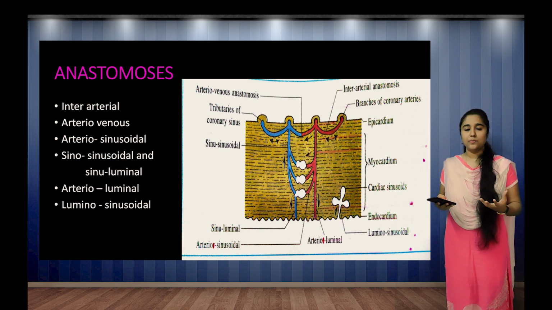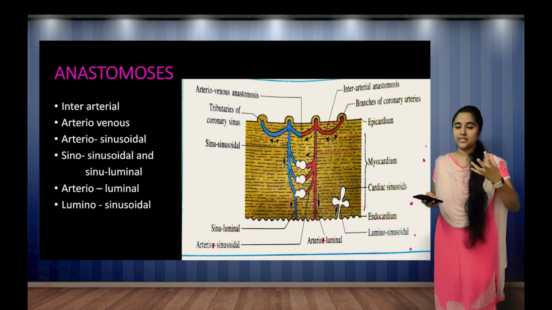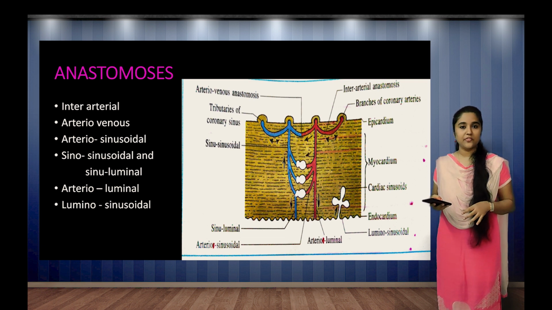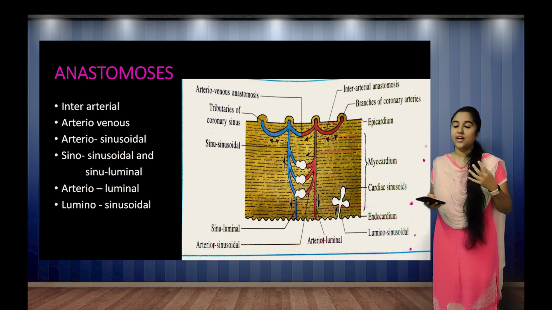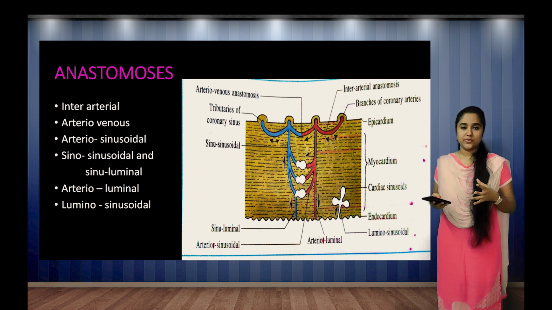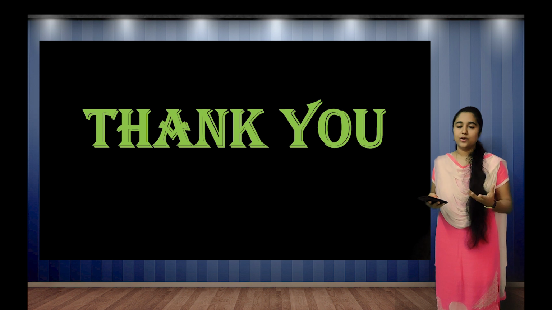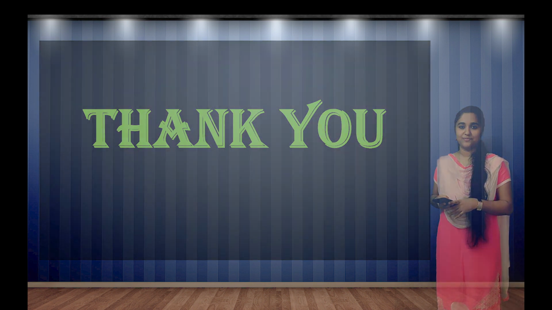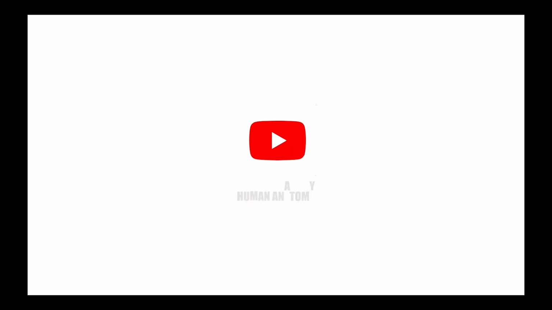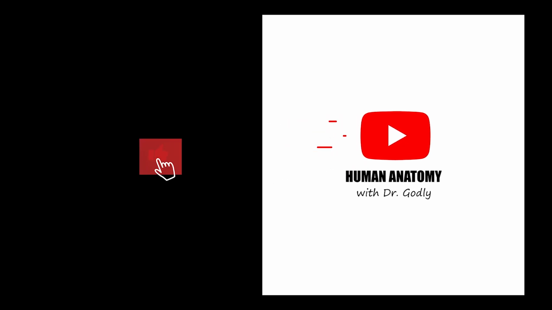So that is all about different types of anastomosis or different types of myocardial circulation other than the interarterial circulation. So we have discussed the entire blood supply of the heart. We have discussed in detail the arterial supply and the venous drainage. Usually blood supply of the heart is asked as an essay question, and the right coronary artery and left coronary artery can also be asked separately. So I hope you understood this topic. Thank you.